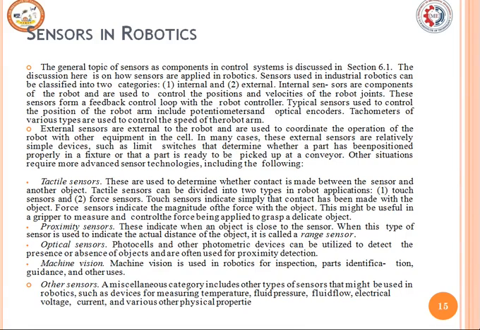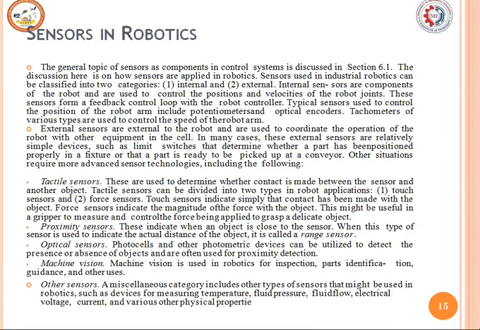Other situations require more advanced sensor technologies, including the following. Tactile sensor: it is used to sense as soon as it touches. Force sensors are used to measure the forces. Proximity sensor is used to check the objects within the specified range. Optical sensors are used to detect presence or absence of objects